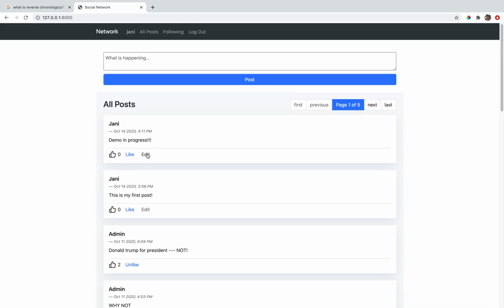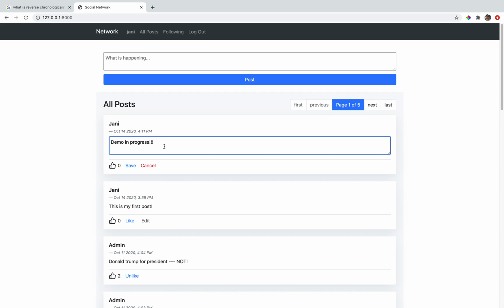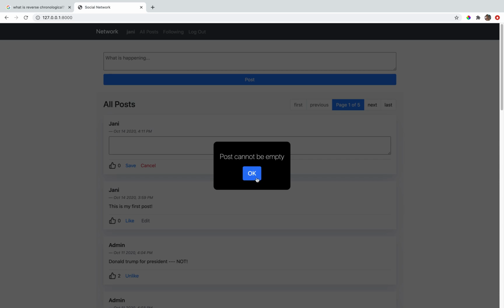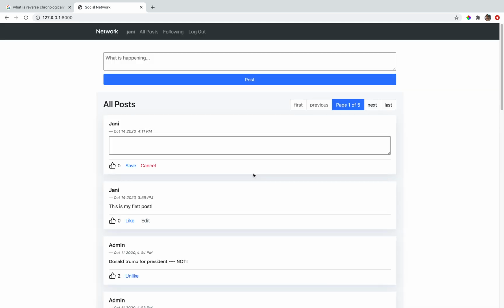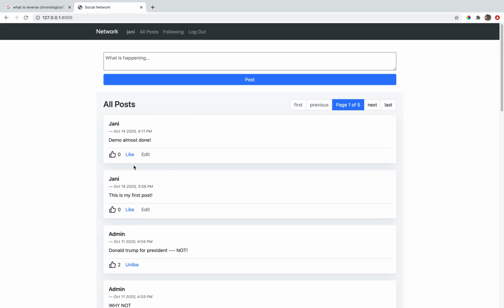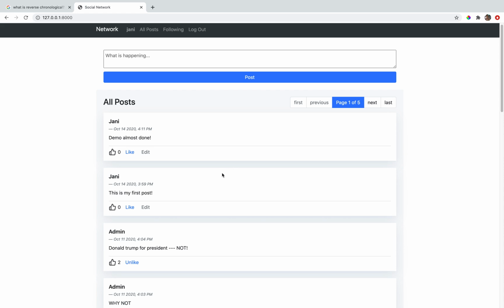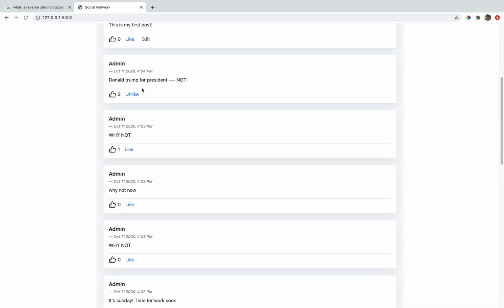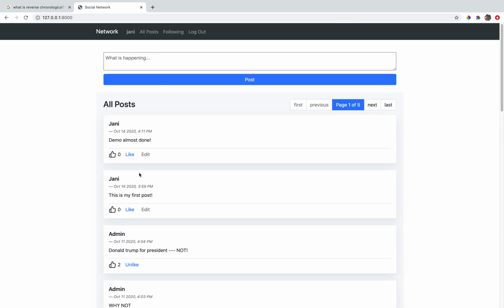So say I want to edit this post, I click on edit and save. And I just want to show if I do that, I'll get an error message. The post cannot be empty because that wouldn't make sense. So as you can see, there's only an edit option available on posts that the current